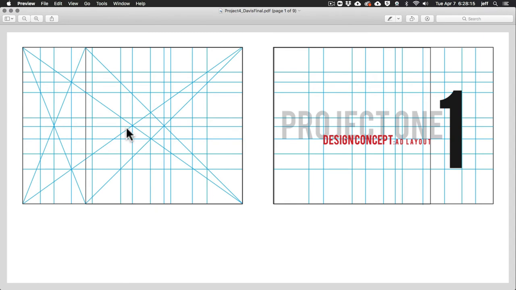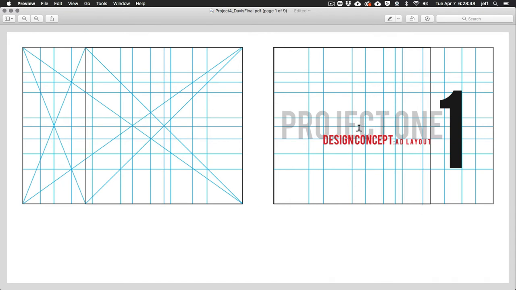So you'll have, this is spread 1, and here's the grid. It's a root 2 with the square subdivision, and then these are all the diagonals, and then all the grid lines, the divisions that you can find from those diagonal intersections. Here's the grid and what it looks like without the diagonals. It's flipped. Notice that the square is here and then the square is here. Okay, so